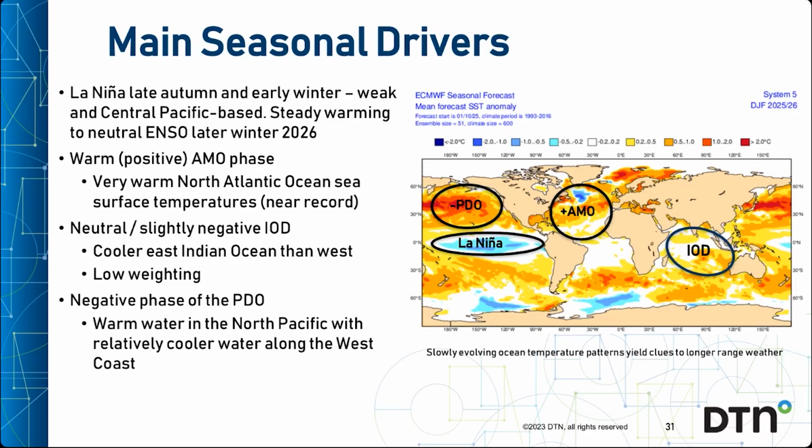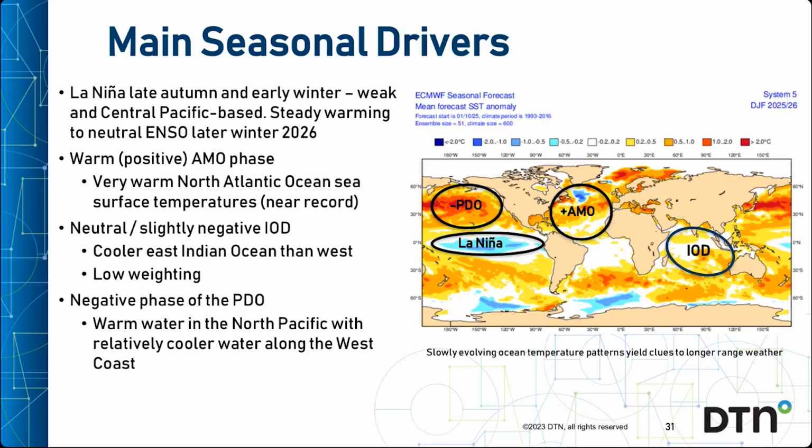In the Atlantic, there's the persistent positive phase of the AMO, resulting from widely above normal temperatures, aside from the cooler blobs south of Greenland. And while we're here, note the strong anomalous warmth in the Arctic, including the Barents and Kara seas, where there's a low ice extent. In the Indian Ocean, there's the IOD, the Indian Ocean dipole. Negative at the moment, expected to trend towards neutral through the winter, much the same way that the ENSO cycle is going.